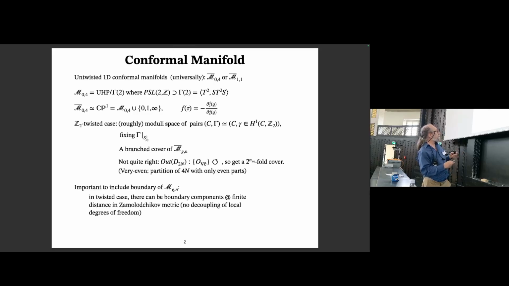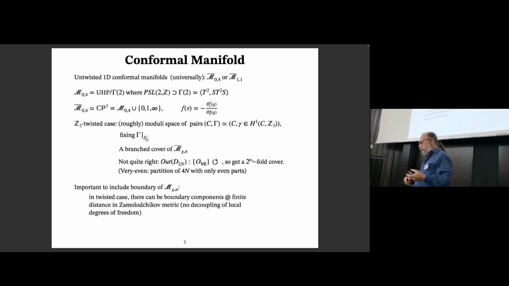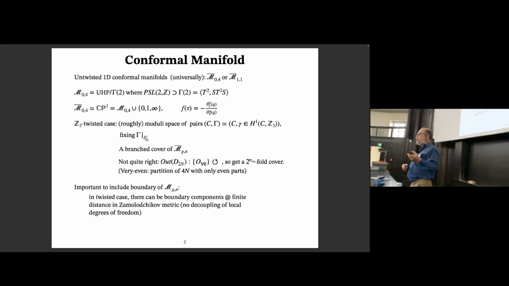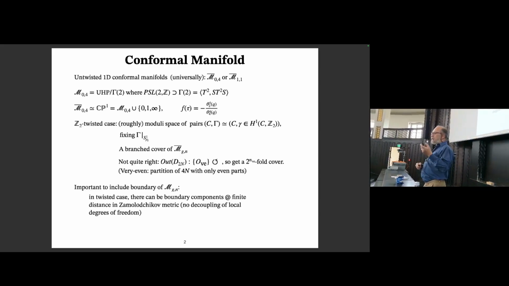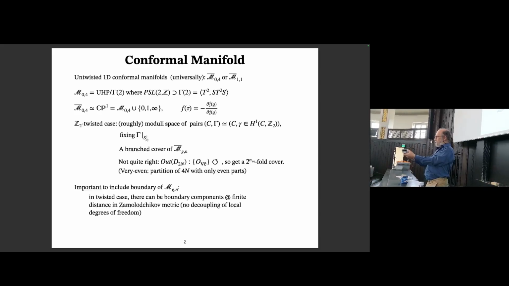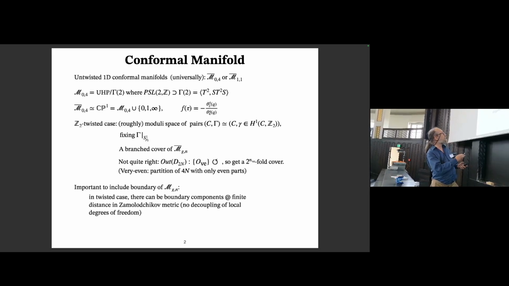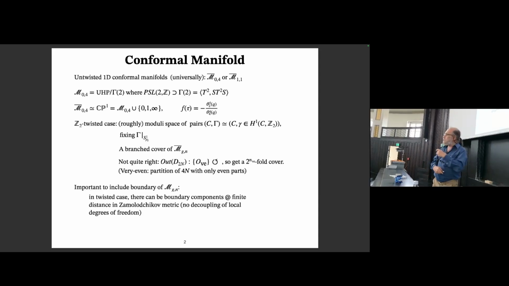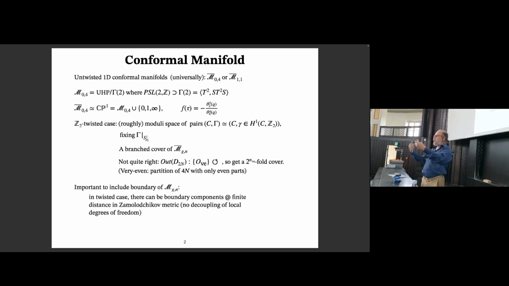And I want to remark that it's important for me to include the boundary. I mean, the boundary for physicists is great because that's where weak coupling happens. And if there's anything we understand, it's weak coupling. So we totally should study that as part of our space of theories. But it's really important in these twisted cases because, whereas generically there's a decoupling of degrees of freedom that happens at the boundary because some gauge coupling goes to 0,